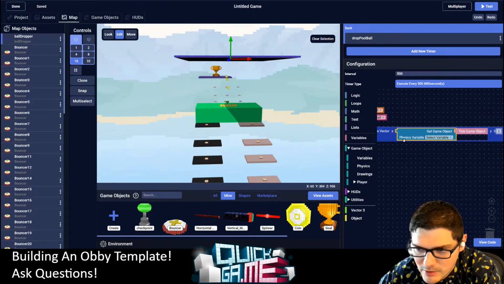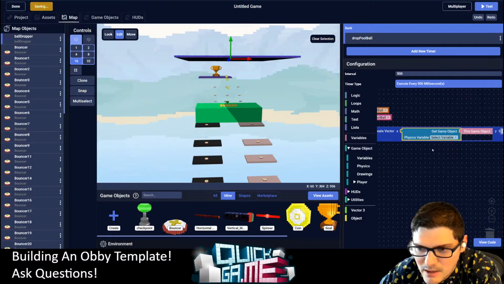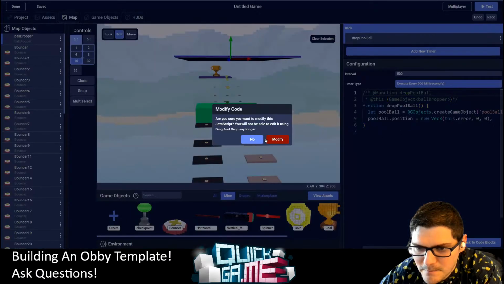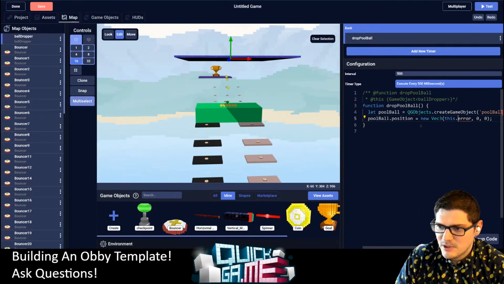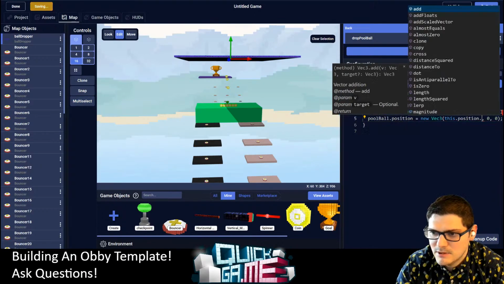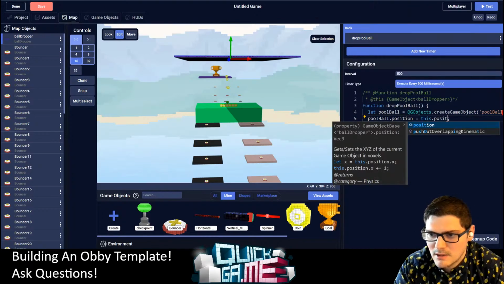Do it again, not variable. Physics of this game object. Interesting, there's a bug here. Alright, we're gonna do it the fancy way. Modify. Okay. Set the position to this dot position dot, let's go fully fancy if we're gonna do it. Okay, this dot position dot,